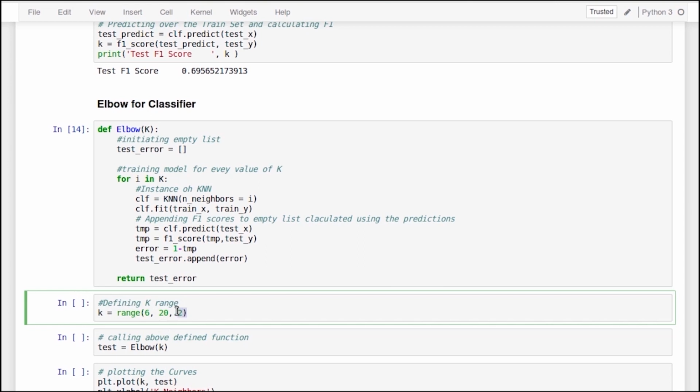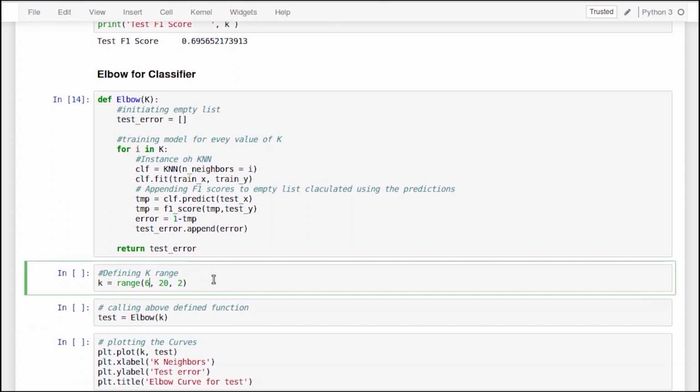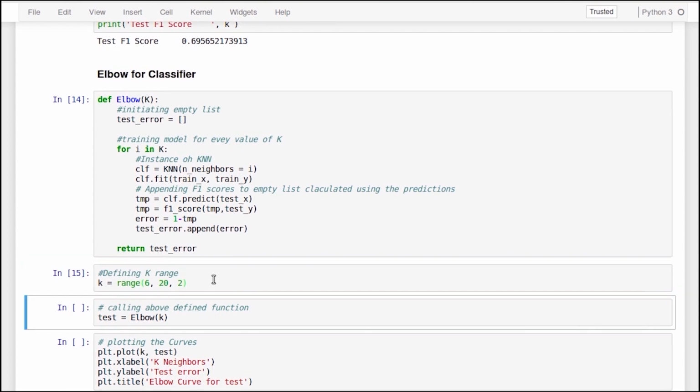Hence, I've set the number 2 here. So you can choose to take the values from 1 to 40, 1 to 50. You can select the range yourself. And when I set this k range,